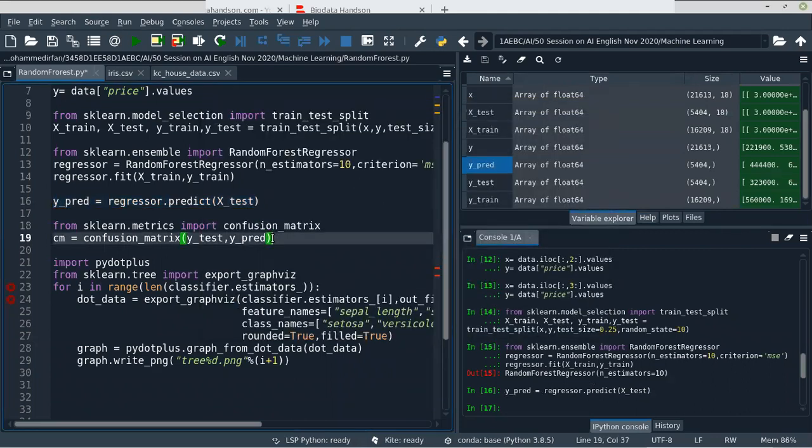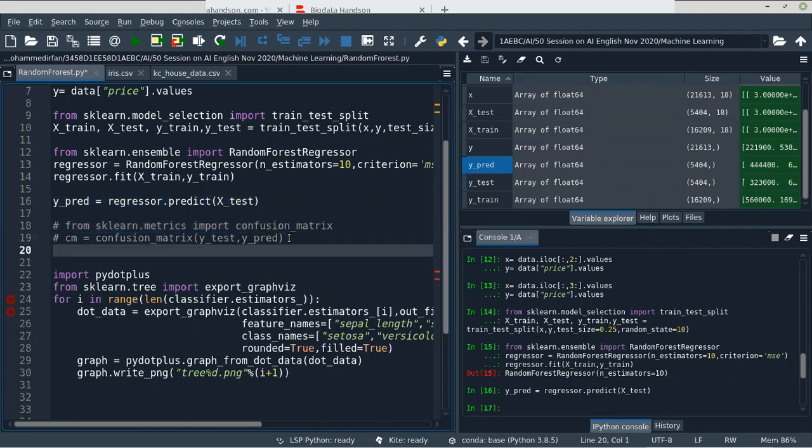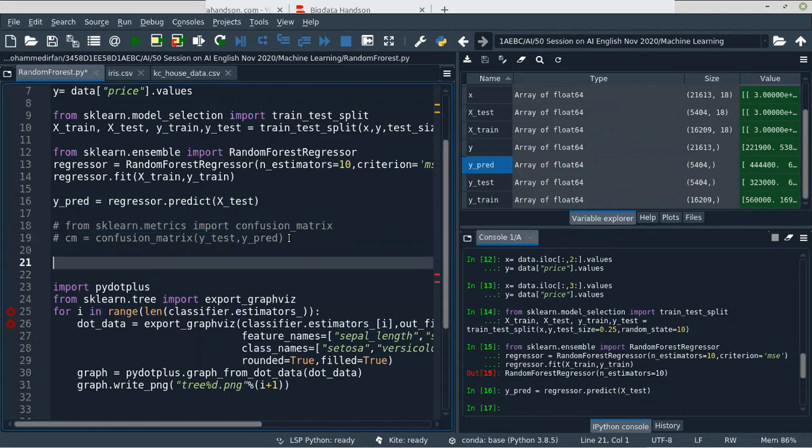Then we need to use the R square score or mean squared error to calculate the error rates. So we need to import those from the metrics module: R2 score and mean squared error.